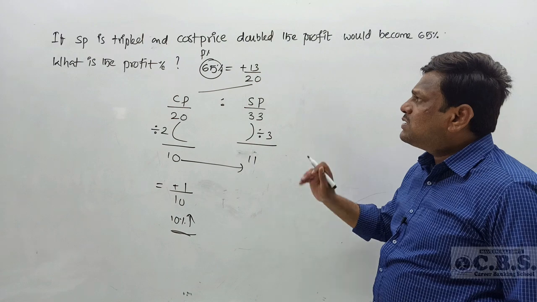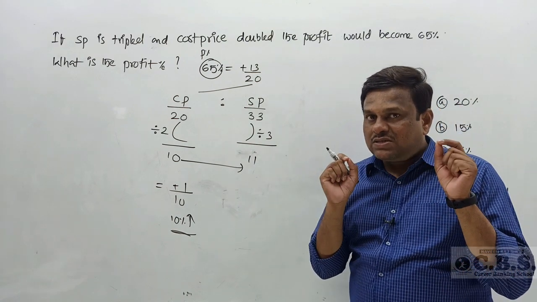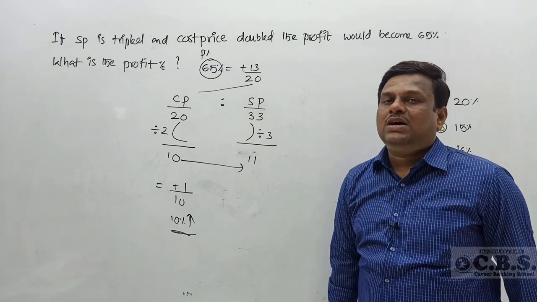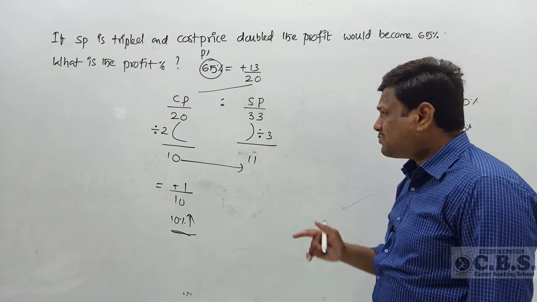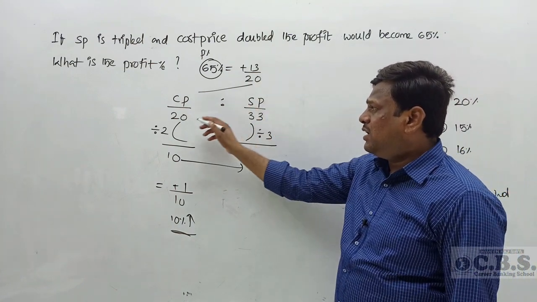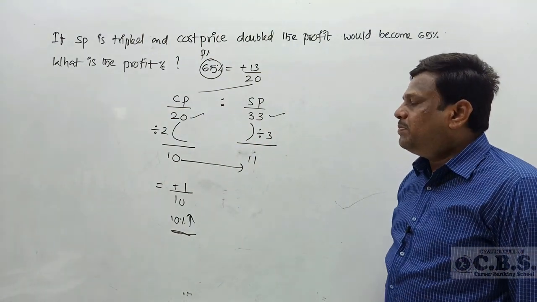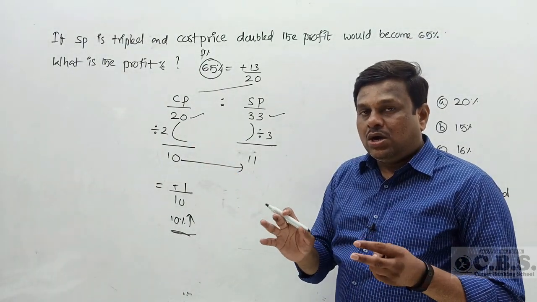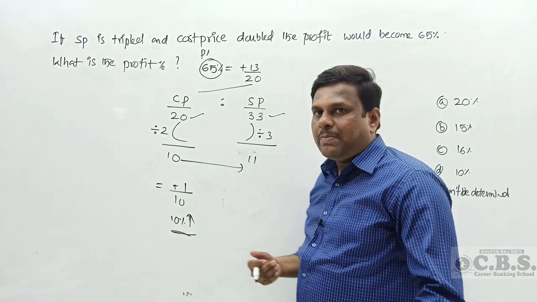Okay, you just focus on what type of quantifier is specifically mentioned in the question. That is a very important task for all competitors while doing profit and loss questions. If the quantifier is an end quantifier, that is, profit percentage is given, 65% is nothing but 13 by 20. Now the cost price is 20 rupees. When you add 13 profit, the selling price would be 33 rupees. So when it is double the price, not a common price, it's a double price. Double means divided by 2, reverse.